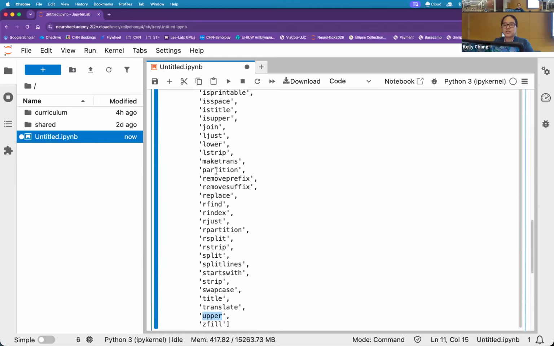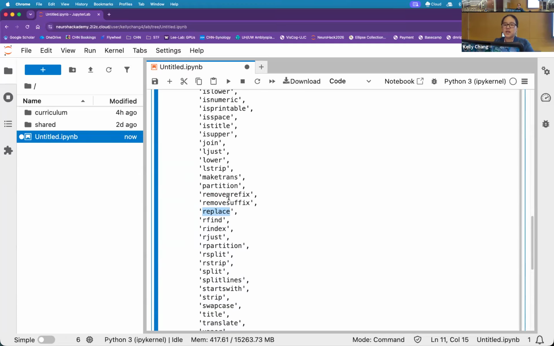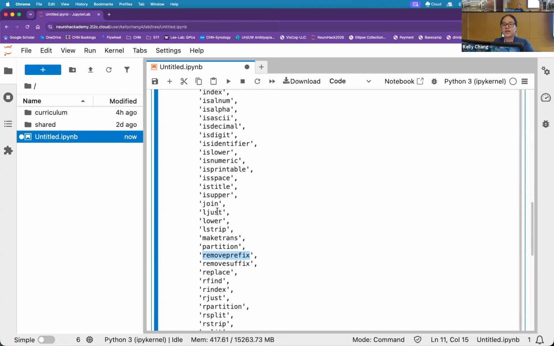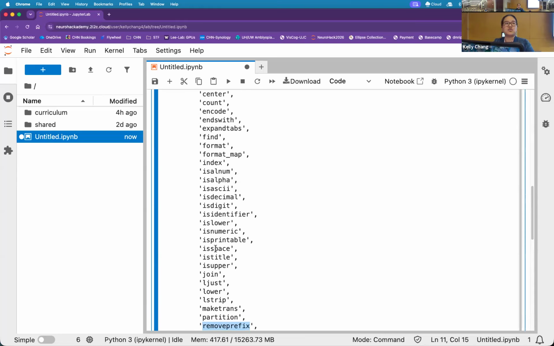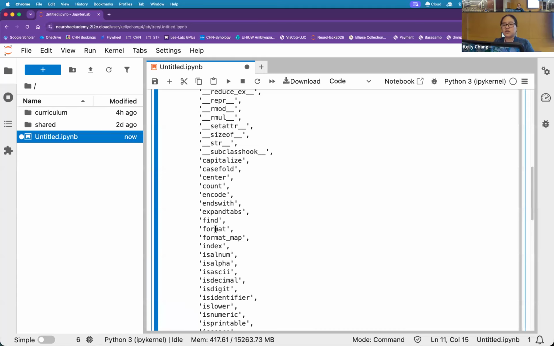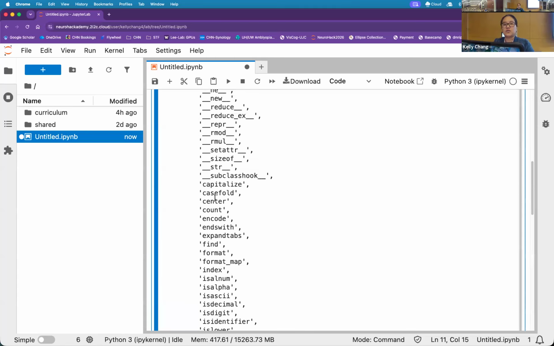We can take a look through this list as well. You'll also see some interesting stuff like replace, potentially replacing string characters with other things, remove prefix, maybe deleting a prefix from my string, right? There's a lot of things that you might think will be associated with a string class variable, and this is all buried in here, associated with this data type class.